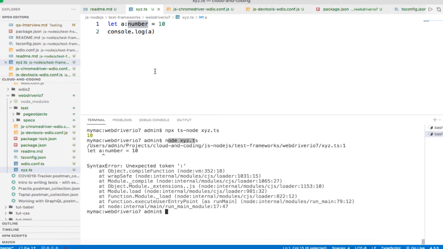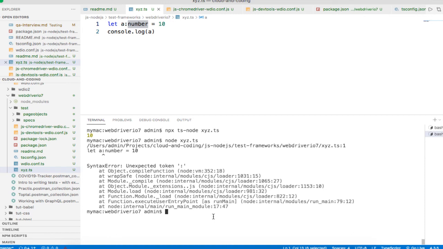When it tries to parse this file, it expects that after this variable it has to be assigned, or it has to be like undefined, something like that. But as soon as it looks at this colon character, it says that something is weird, it is not a JavaScript syntax, and that's why this error is coming, the syntax error.